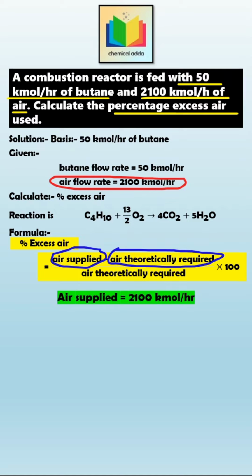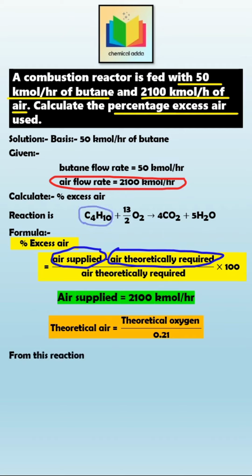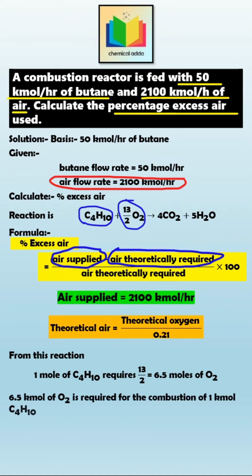Now let's calculate theoretically required air. The formula is: theoretically required air is equal to theoretically required oxygen divided by 0.21. So to calculate theoretically required air, first we need to calculate theoretically required oxygen. From the balanced reaction, we can easily find the theoretically required oxygen using the stoichiometry concept. From the reaction, we can say that 1 kmol of C4H10 requires 13/2, that is 6.5 kmol of O2,